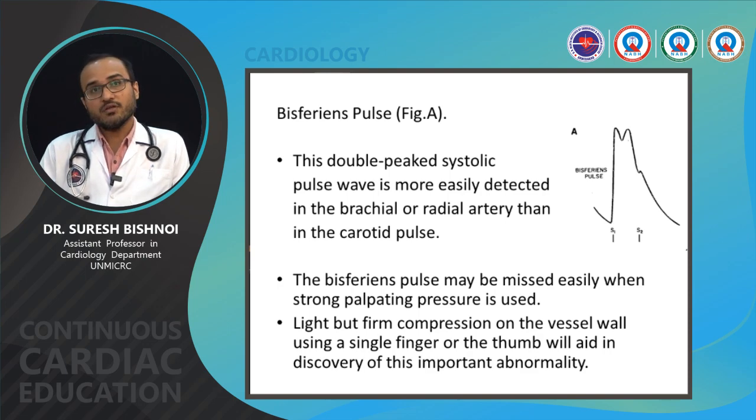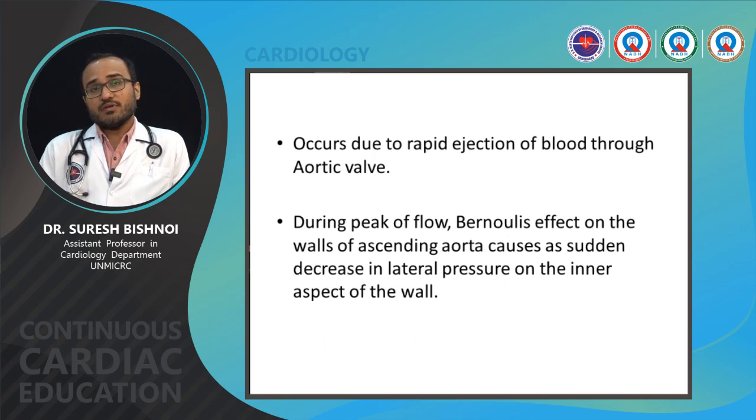Why does this occur? The first part occurs due to the rapid ejection of blood from the LV to the aorta. During the peak flow, Bernoulli's effect on the walls of the ascending aorta causes a sudden decrease in the lateral pressure on the inner aspect of the wall, which causes this fall,